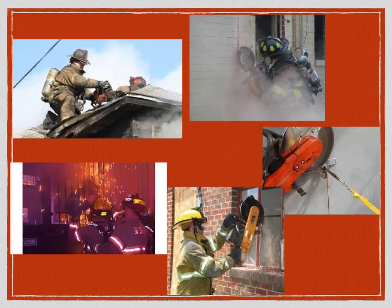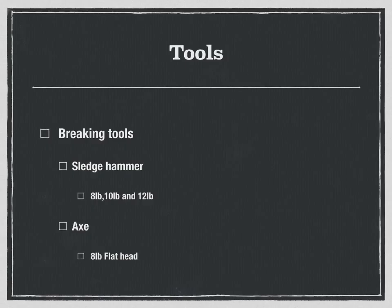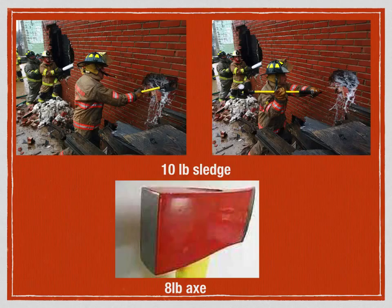firefighting operations. Breaking tools. We carry a variety of tools that can be used to break or force into buildings. The most common tools that we will carry in our RIC cache are sledgehammers and axes. The sledgehammer and axe come in a variety of weights. The most common that should be carried with the RIC tools are the 10-pound sledge and or the 8-pound flathead